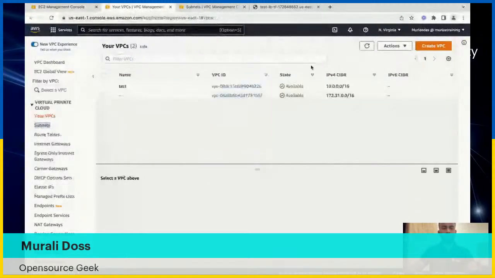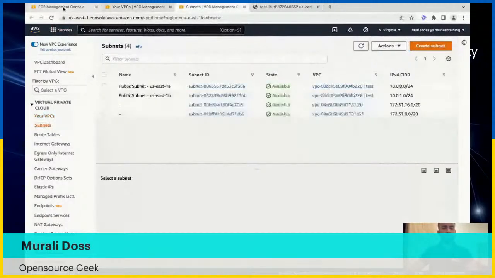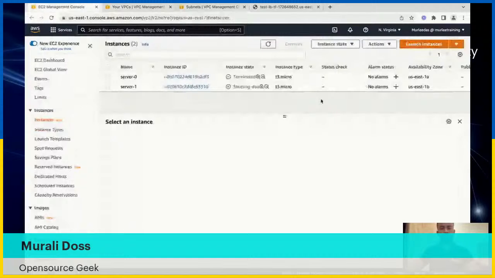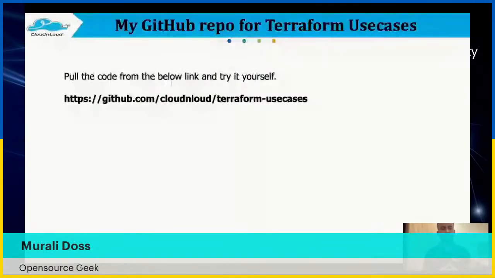If you refresh, the last thing that would be destroyed would be the subnets and then the VPC. Once it completely destroys all the EC2 instances and the load balancer, it will destroy the public subnets and VPC. So that's pretty much what I wanted to show you: a simple case of how to deploy a web application using